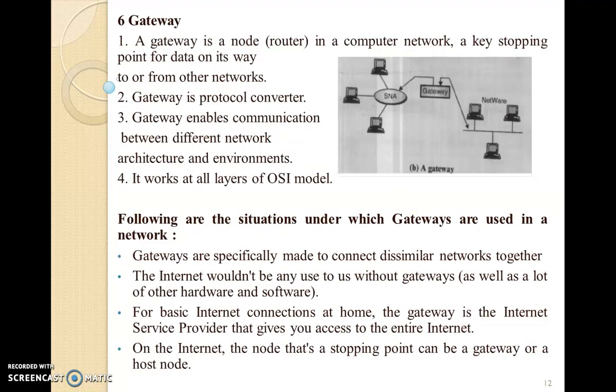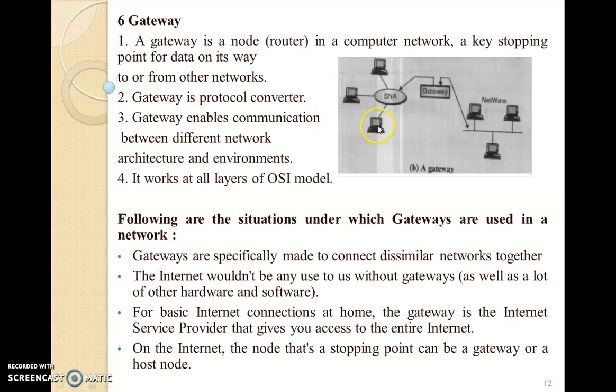Next, we have a gateway device. Now see, a gateway can connect one part of a network, or one kind of network, to another kind of network. Like a router, a gateway is a logical device, not available physically. It is a logical device, or it is a protocol converter. So it enables communication between different networks. Different kinds of networks get connected by using a gateway.